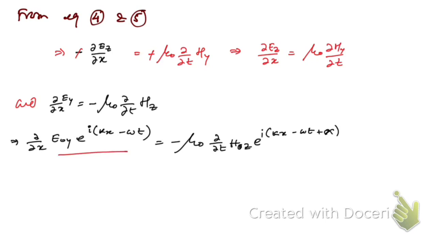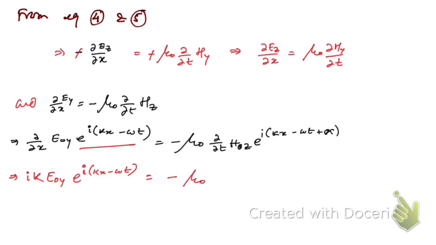Now you see, if you differentiate this with respect to x, E₀y is constant, and the derivative of this is again e^{i(kx − ωt)}, and it is a function of a function. If you differentiate this term, you're going to get k. Not only k, i should also be there. So we can write here ik times this. Then on the other side, minus